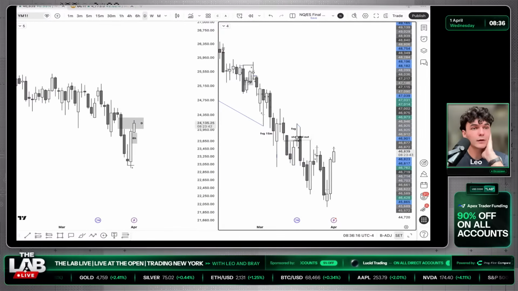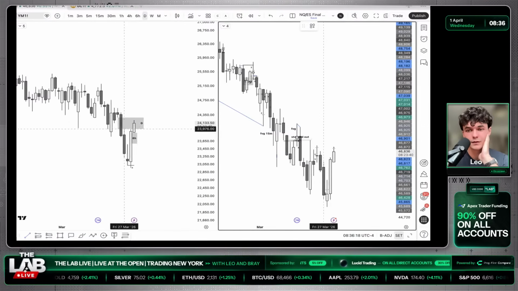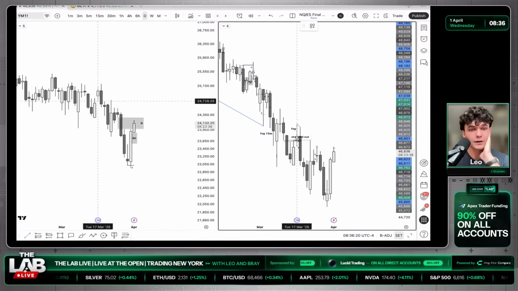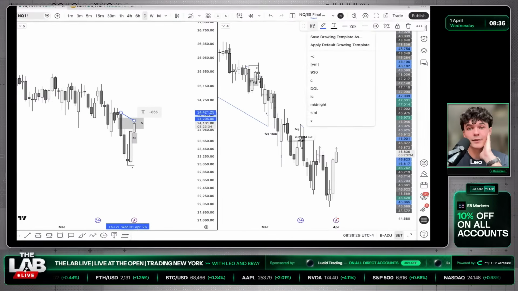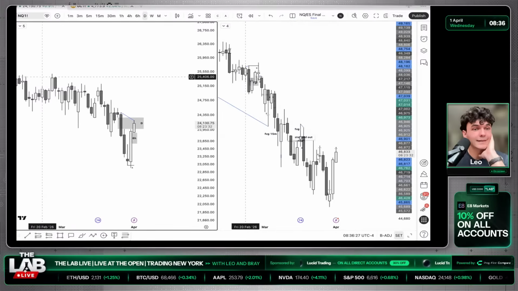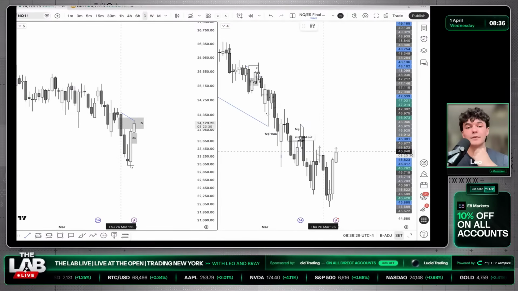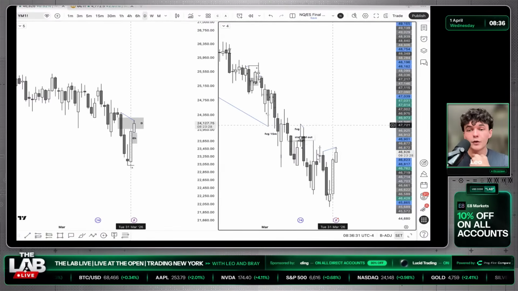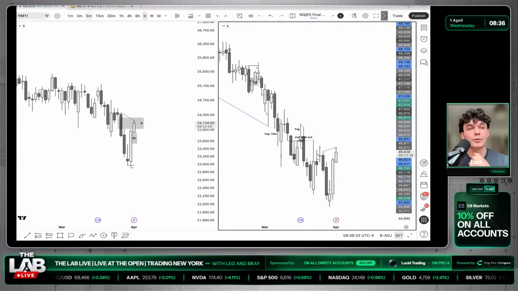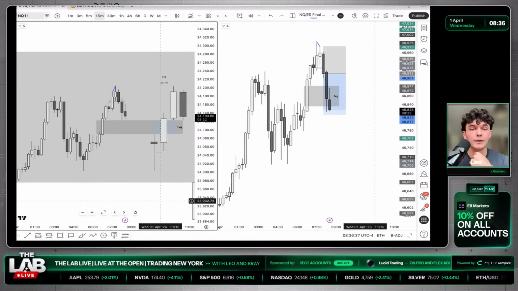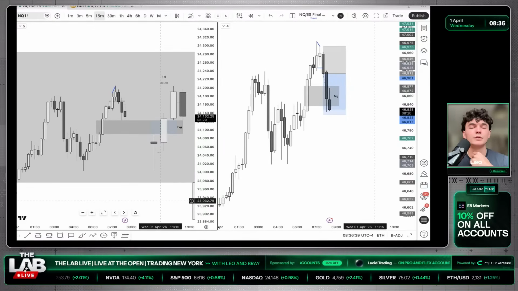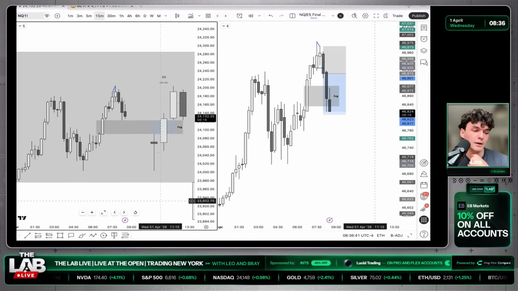I can't lie. And also, I think we actually might have a daily SMT. Yeah, we have a daily SMT here. Oof. Daily SMT within this gap fill as well. So, chat, it's looking like something's gonna happen today. That's for sure. So New York AM, if we don't get the retracement pre-New York AM, I'm really expecting New York AM to give us this temporary bullish manipulation or a bearish distribution before a bullish expansion higher.